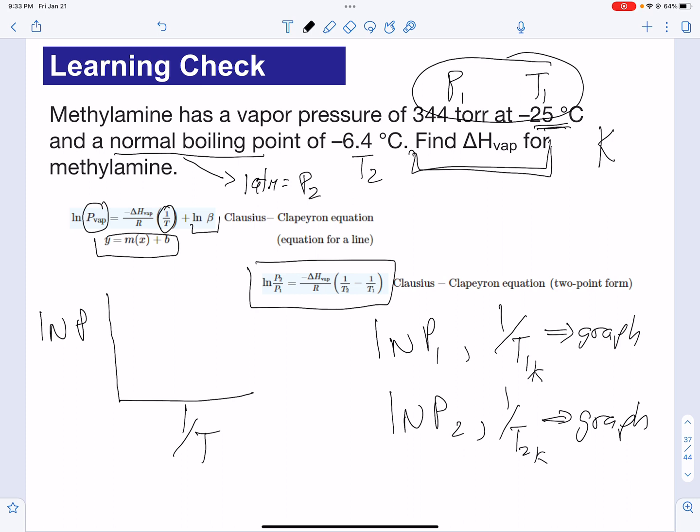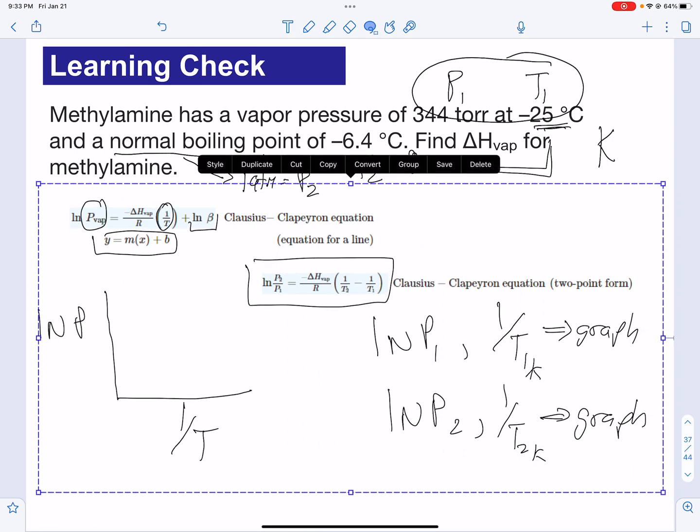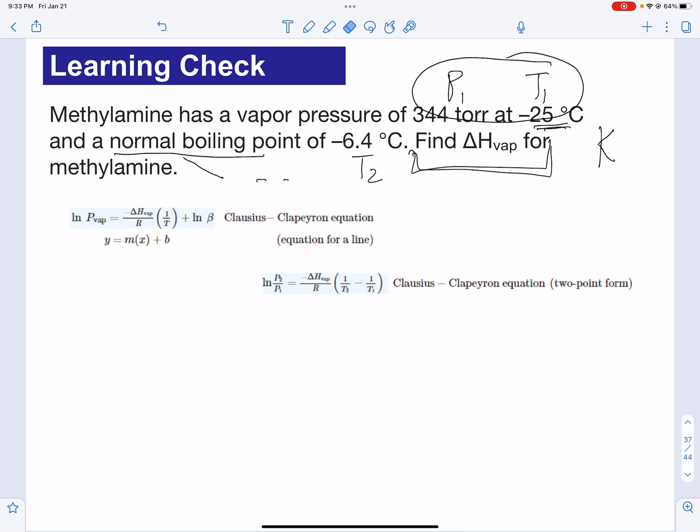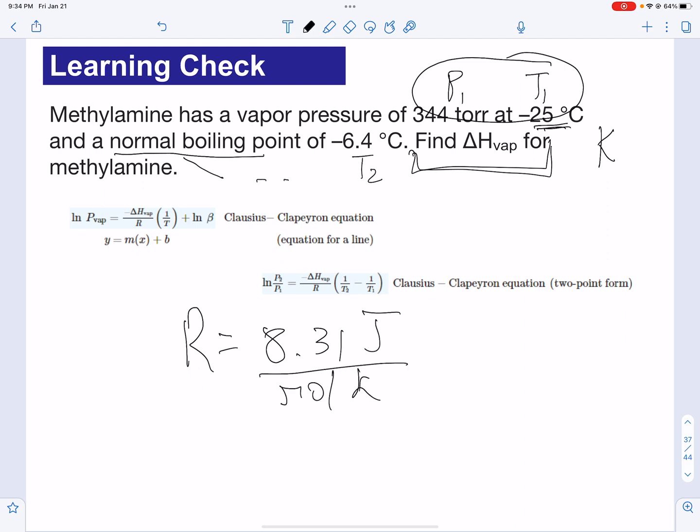If you use that formula, be careful. Why do you have to be careful? Because you have to make sure that the units match. Remember, the R that you're using is 8.31 joules per mole Kelvin. So T2 and T1 have to be in Kelvin. P2 and P1 do not have to be atmospheres, but since you know that normal